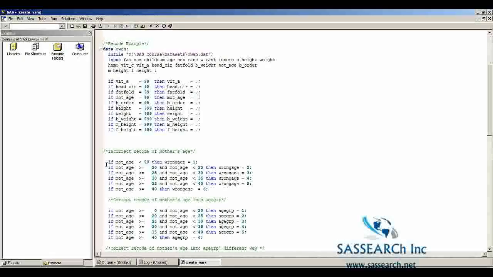And the reason is in this very first statement. If mod age is less than 20, then wrong age equals 1. The problem here is that if an observation is missing for mother's age, then that observation is going to be recategorized into wrong age equals 1. It's going to be as if the mother's age was less than 20, when actually the mother's age is missing